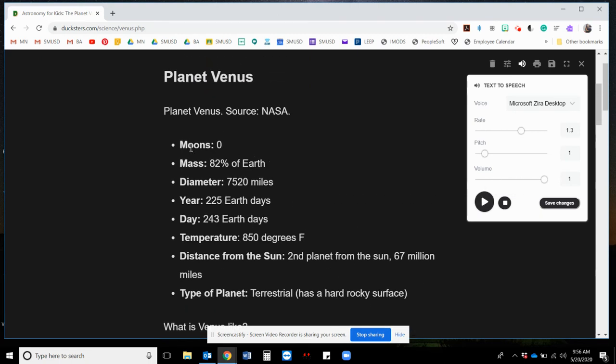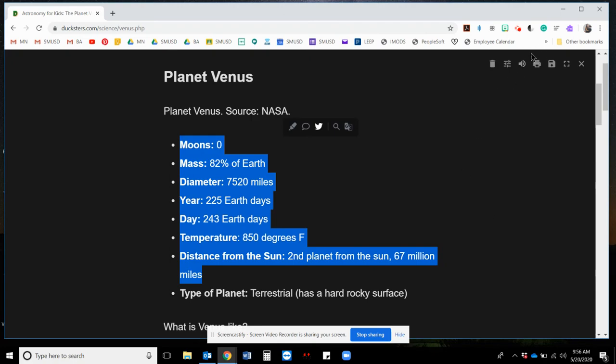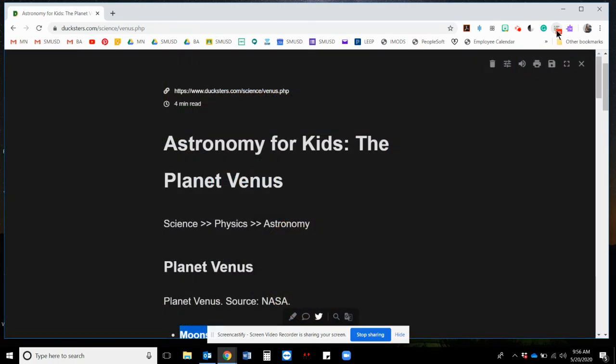So it looks like it skipped this part. I'm not sure why. I wonder if I can highlight. Oh, I can tweet it. Oops. So this Reader Mode will turn it on and off. So you just keep the